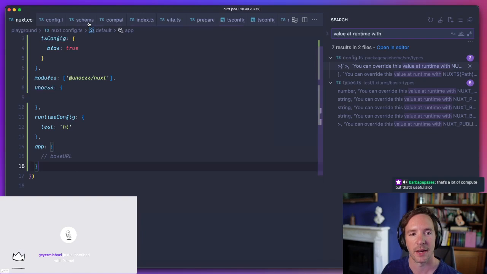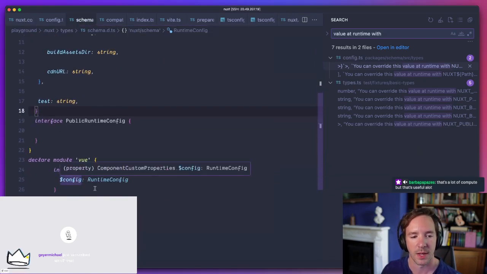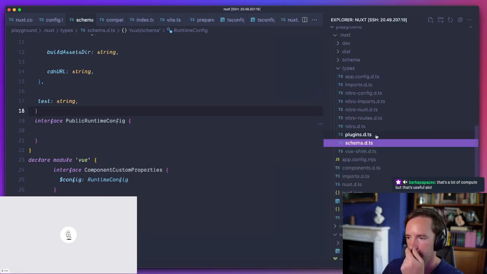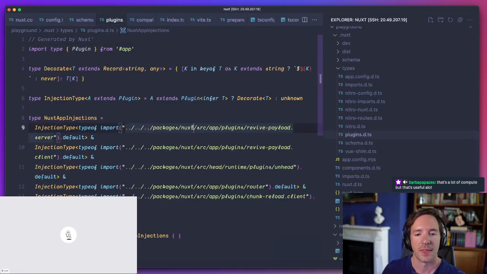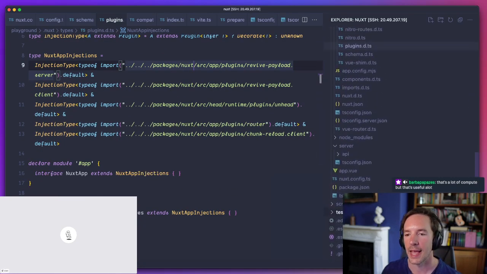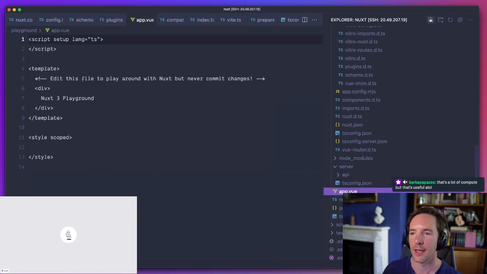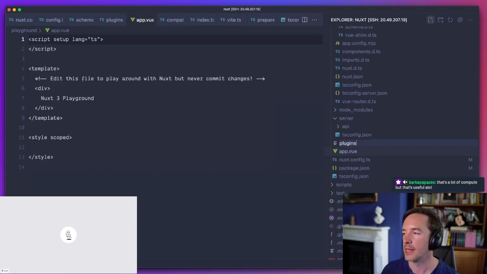So we generate that in here, and we also inject the runtime config to Vue at runtime. So then we also do a little bit more. This file, plugins, actually takes any plugins, any sort of app injections that you create yourself, and tells your IDE that they exist.